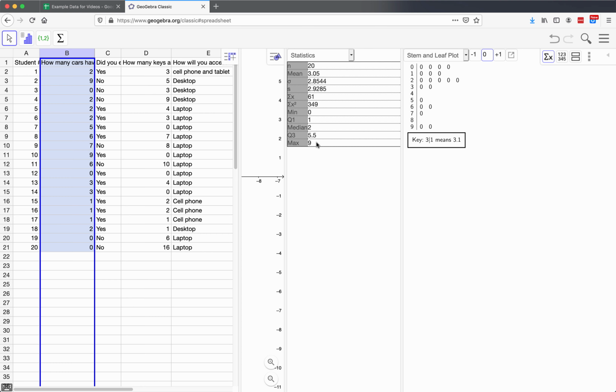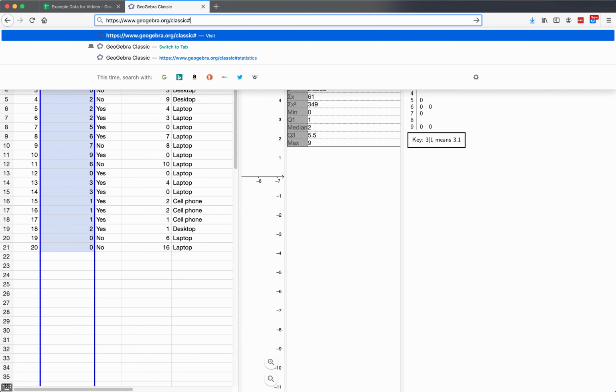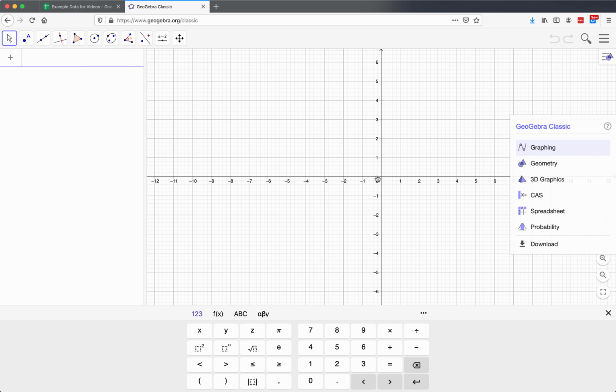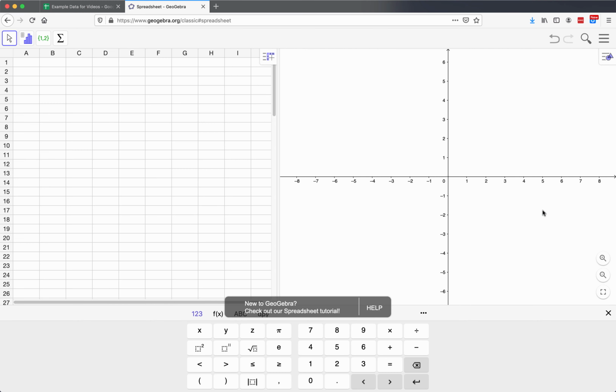And then lastly, there's an X. So here we have Geogebra for making graphs and doing statistics. And I forgot to mention that you'll want to go to the website www.geogebra.org/classic#spreadsheet. You can also get rid of that spreadsheet part and just say classic, and it will get you to a new spreadsheet, and then you can choose a whole new setup here, and you can choose what you need to go to. So I can click on spreadsheet, and here I